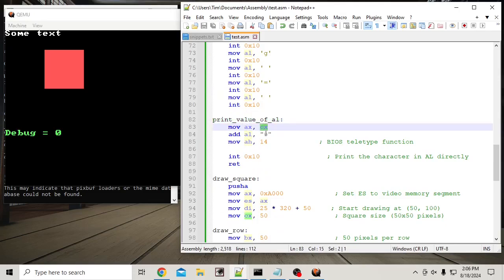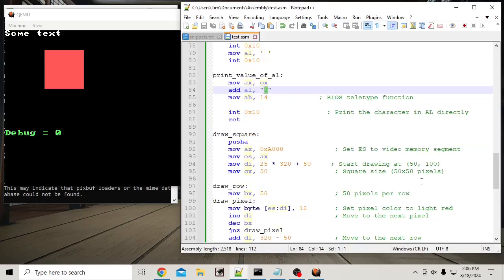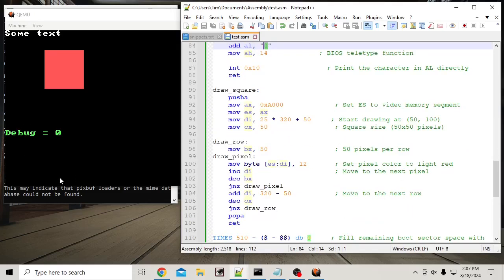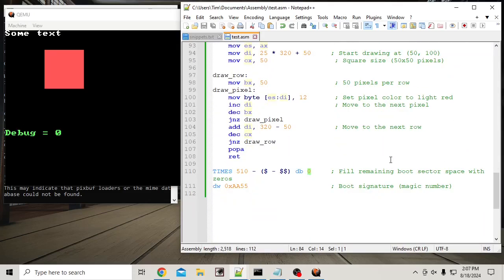Here, just for demo, I printed the value that was in CX. Right, I move it into AX and then add the offset so it actually printed whatever the value was in there. So now I can debug things kind of on the fly, see what's going on at the end of a segment. So that was kind of critical in bringing all of these complicated things together. Let's see. So once you got that,